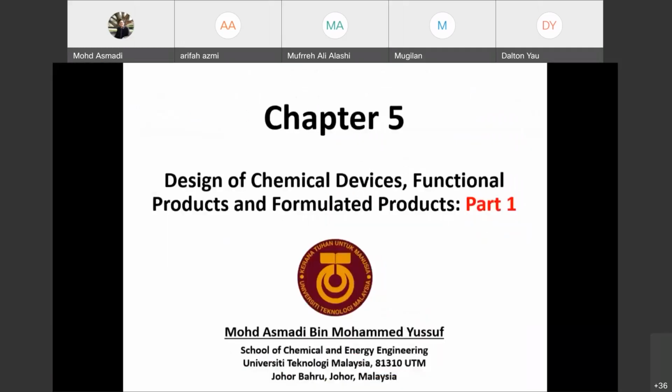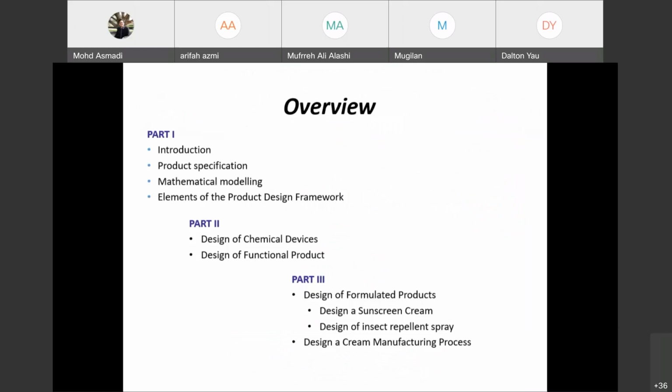Okay. For this part, there are three classes of B2C products. B2C chemical products, meaning business to consumer chemical products. Okay, this is the end of the design, not B2B. We can divide them into devices, functional products, and also formulated products. So you have to remember devices, functional products, and formulated products. The main thing for today is that we want to differentiate